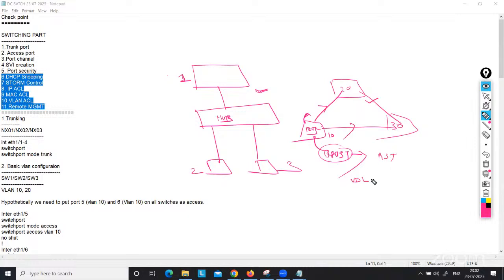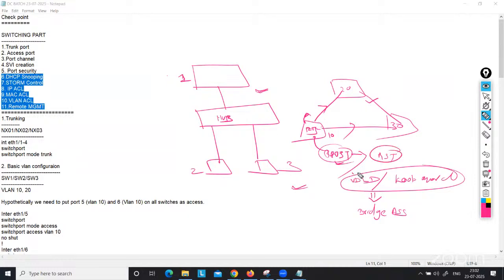We will do the UDLD. UDLD is the old feature. Right now we have bridge assurance in the Nexus. Openly it is the loop guard. All things we will cover. If you see your syllabus, it's only this one and MST. But we need to know what is UDLD, because we need to use it in the production network, and in the interview